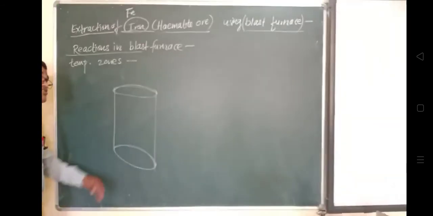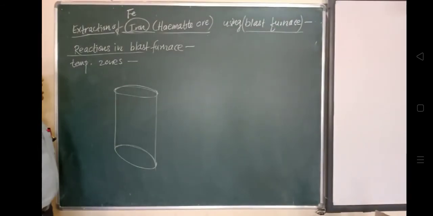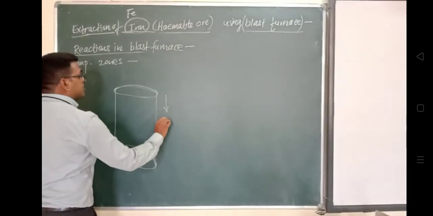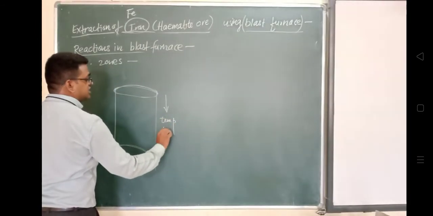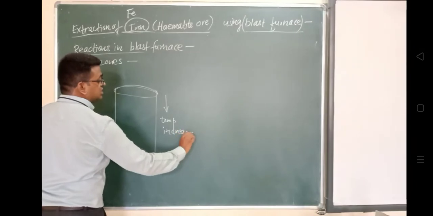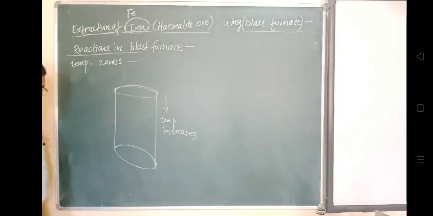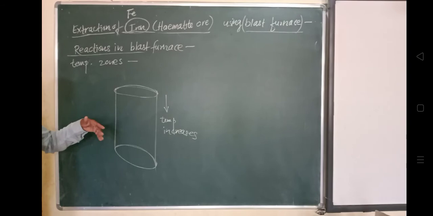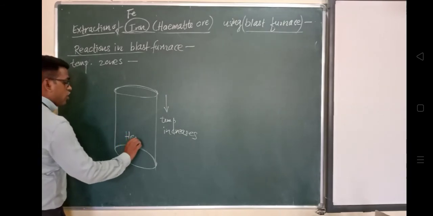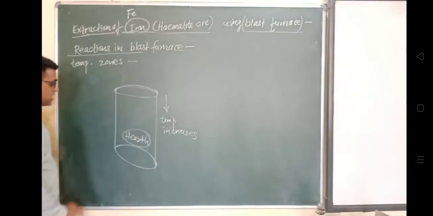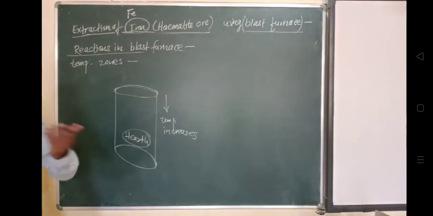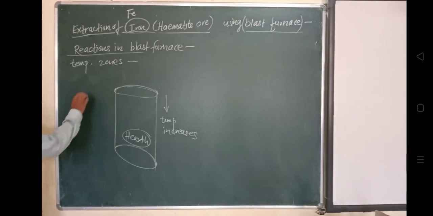and ore. Let me show it here with the diagram. So this is a charge. What does the charge consist of? The charge consists of ore plus limestone. And in the hearth, the lowermost portion, there will be a combustion bed in which combustion takes place. Coke will be burned, and to burn something we need fuel, so coke will act as the fuel here, and it will burn in the presence of oxygen, because oxygen is definitely required for any combustion process.